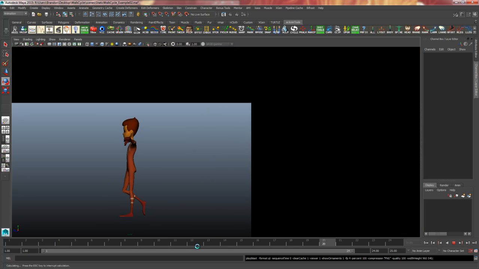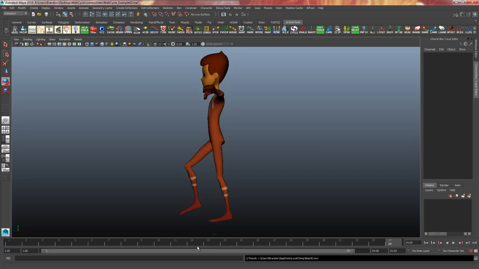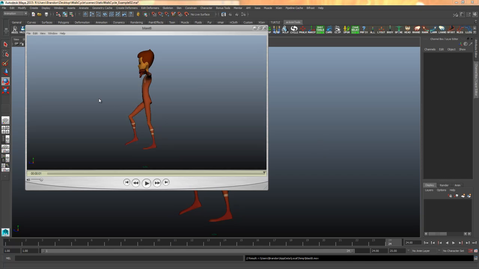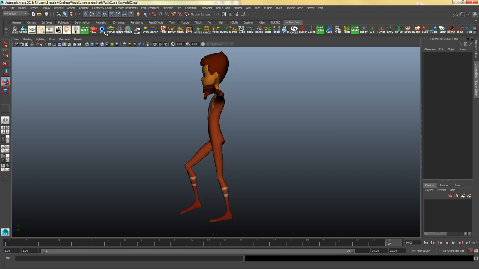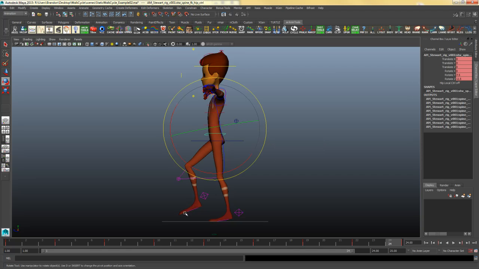And then we can watch it loop endlessly, and it should look nice and smooth, other than the fact we're in step mode right now. Yeah, that looks good. So hopefully yours looks something like this. The hips look a little funky, so I might go in there and see what I messed up, because I think I may have on the pelvic control